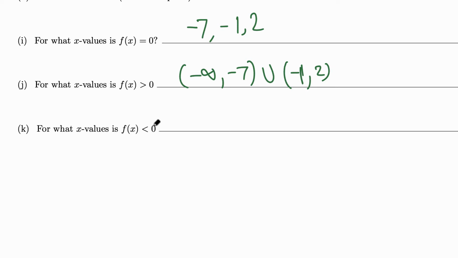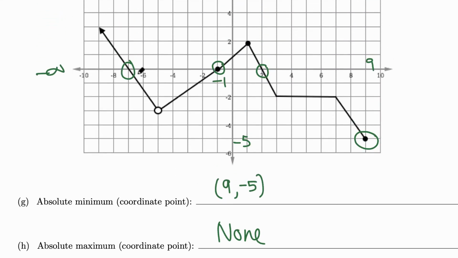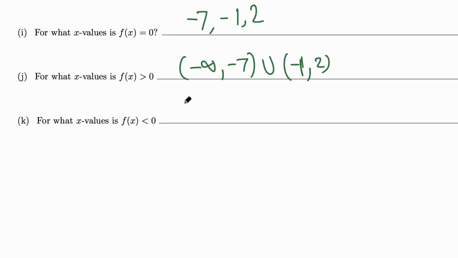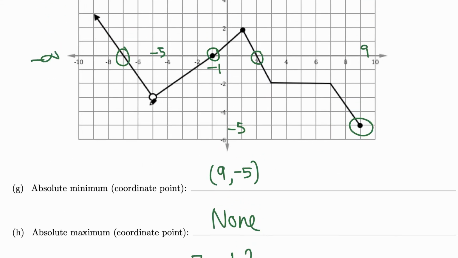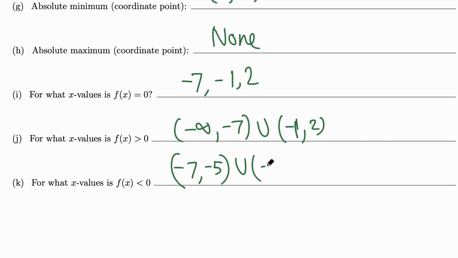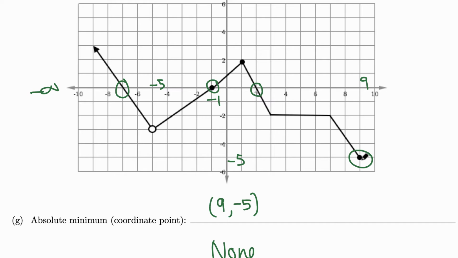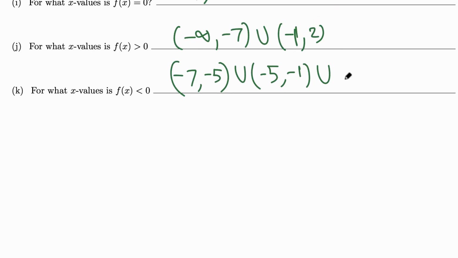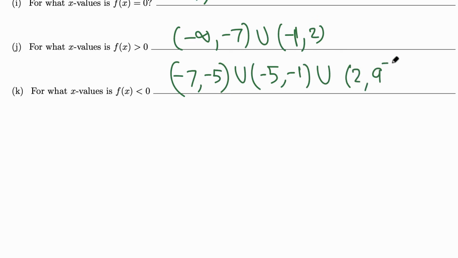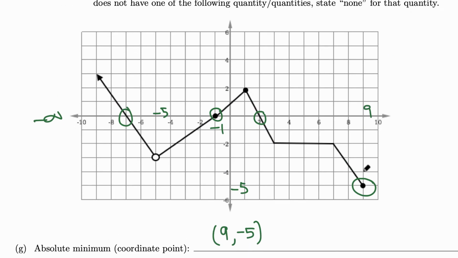For what values the function is less than 0? Below x-axis. So in between here, because it's below, oh, there is no value here, so this is -5, so -7 to -5, then -5 is not there, -5 to -1, and look at this, here to all the way, not all the way, stops at 9, so 2 to 9, and 9 is, there's a circle, so there's a dot, so 9 is inclusive, 2 to 9. Okay,